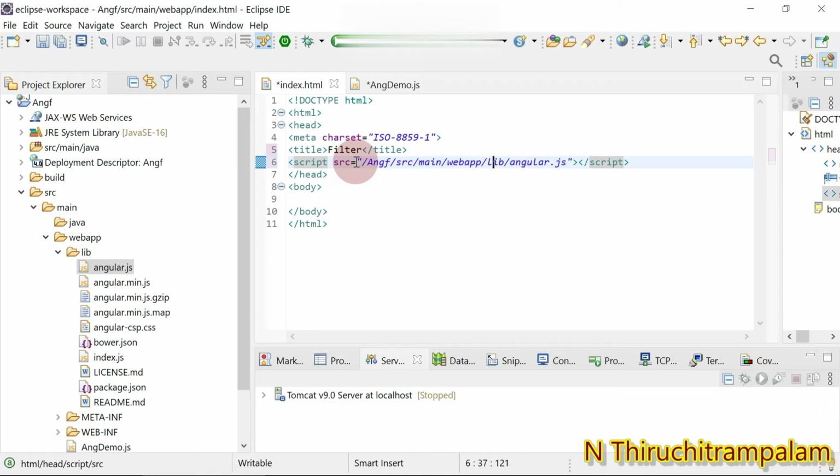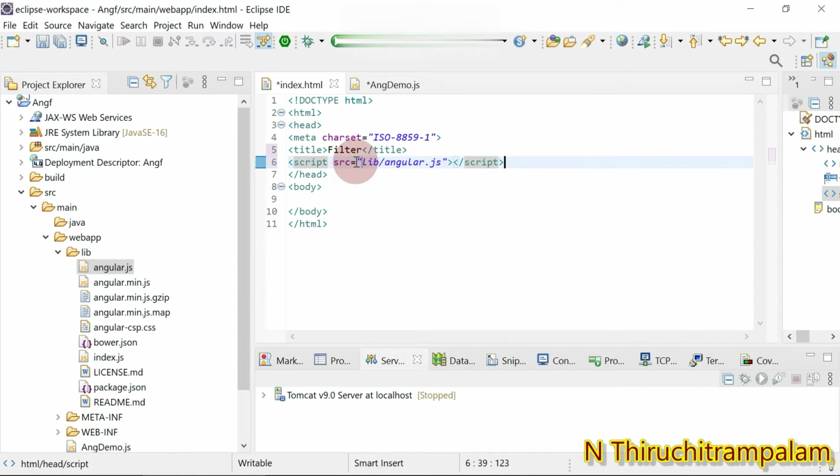Okay, and it doesn't need to have the complete path, so it's okay if it starts from lib/angular.js.